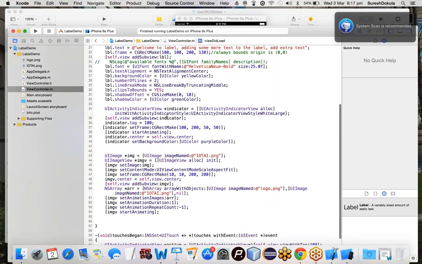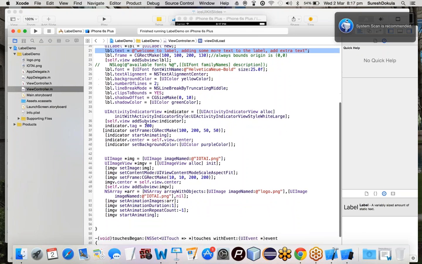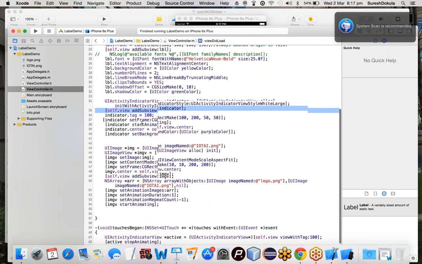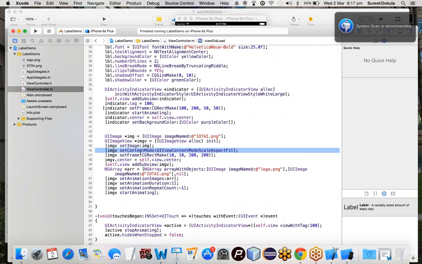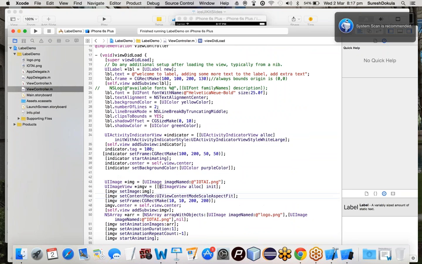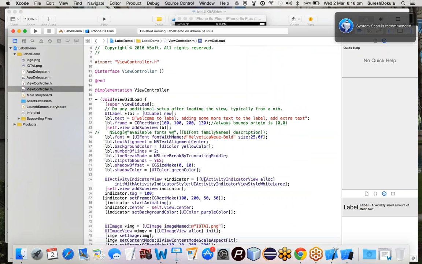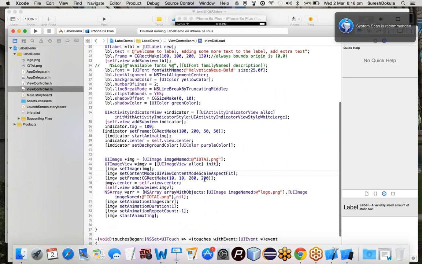So these are the API classes we use to display things: for static text, use label; for an indicator, use activity indicator view; to display image data, use image view. Okay, we'll see tomorrow about